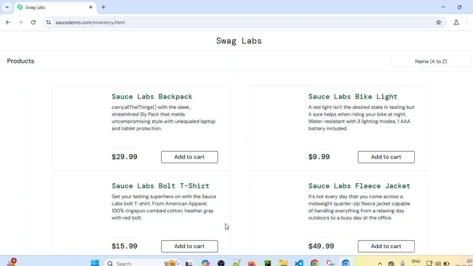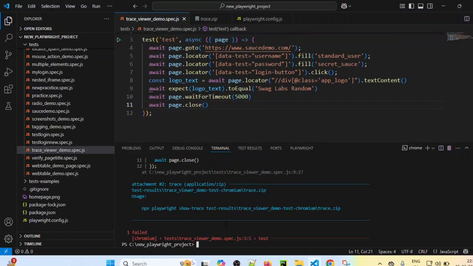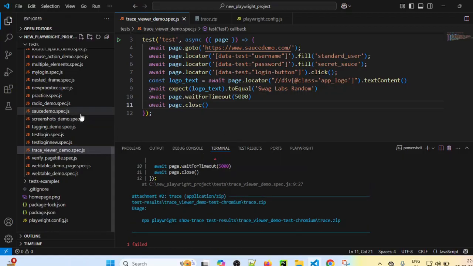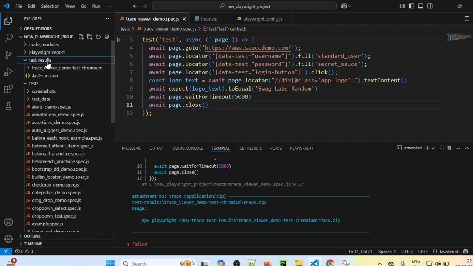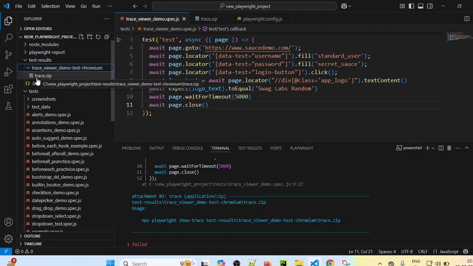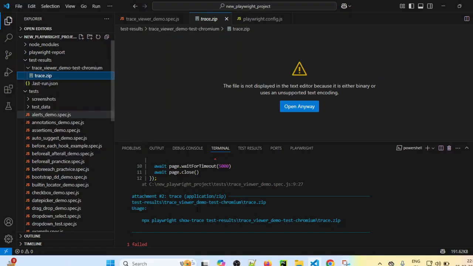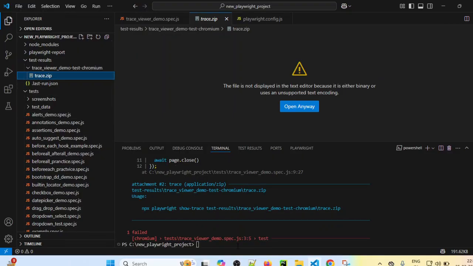So it is launching the browser. After launching the browser, it will perform the login action and the test case got failed. Now let's see the trace again. If you see inside this Playwright test results folder, inside that trace.zip, again I want to open this. So what I will do, I will just execute this command,